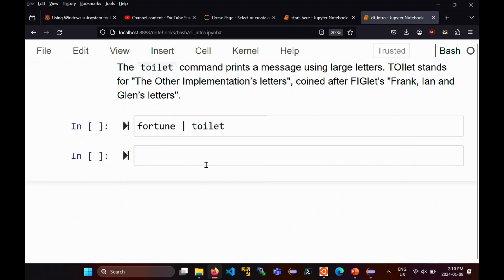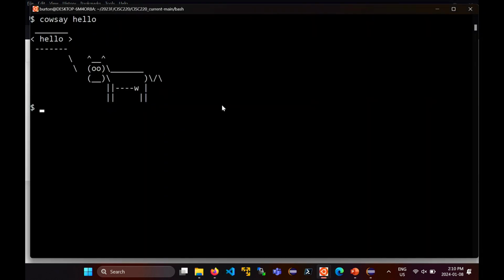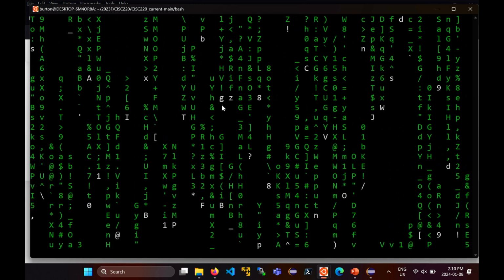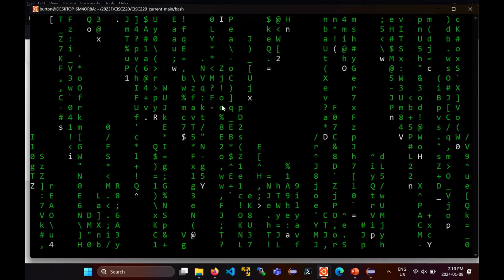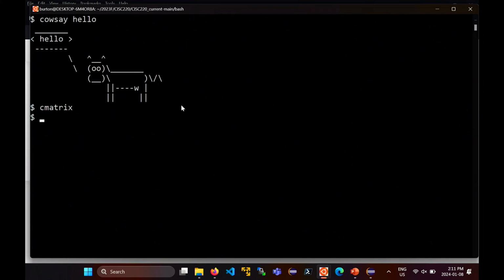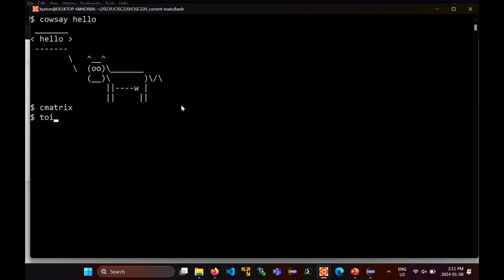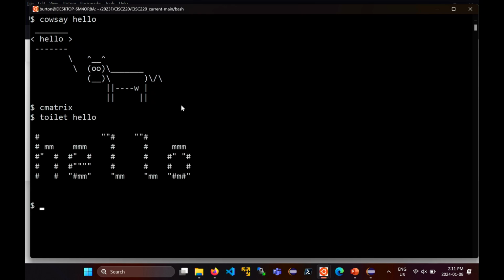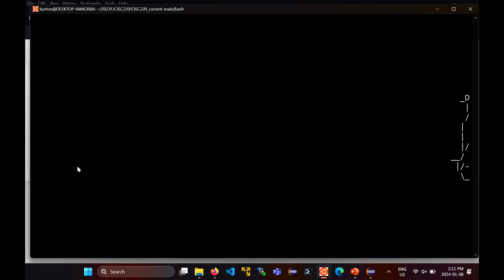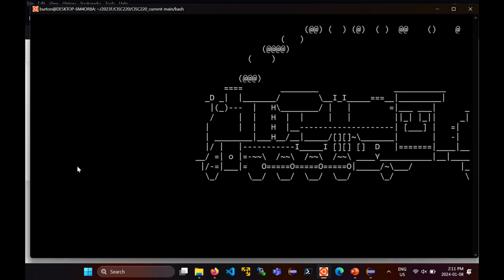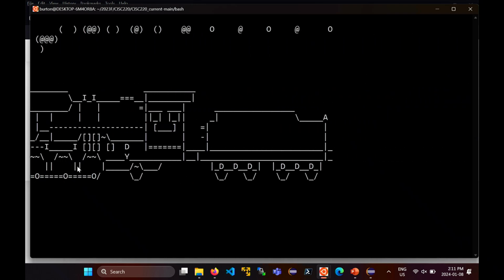All right, and there's a bunch of other silly commands that you can run. There's the matrix. I guess that movie's kind of old now, so that may not be meaningful for most of you. There's a command called toilet, it looks like, but it prints things out in a big banner. And a bunch of other commands. Oh, I think this one is installed on here. Steam locomotive, prints a locomotive.